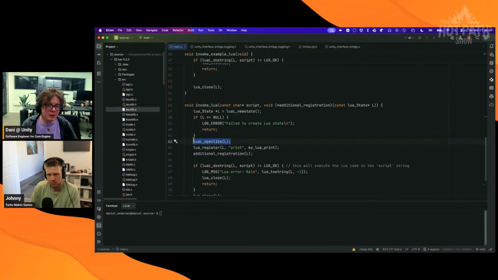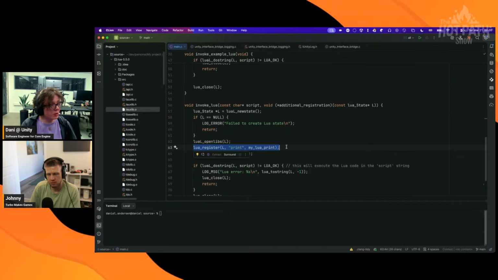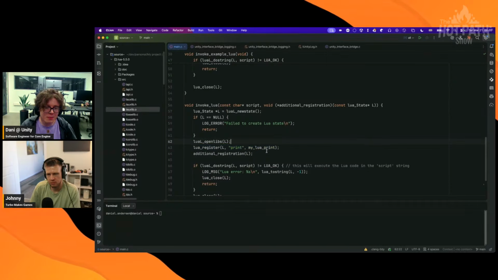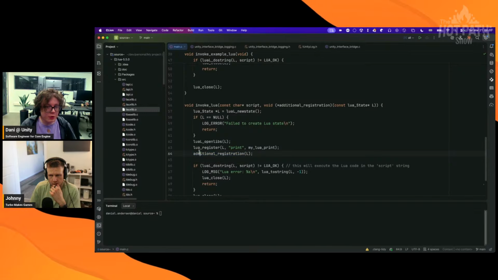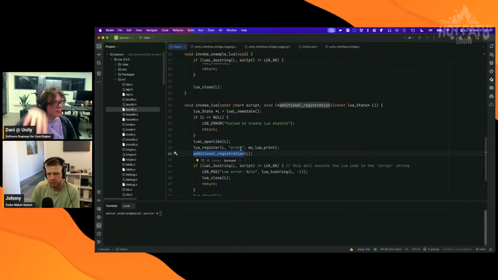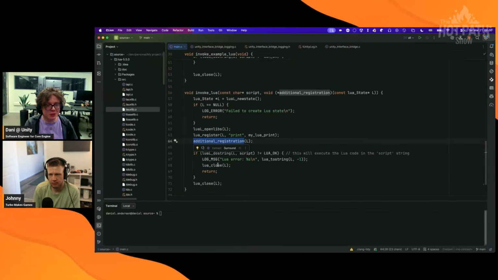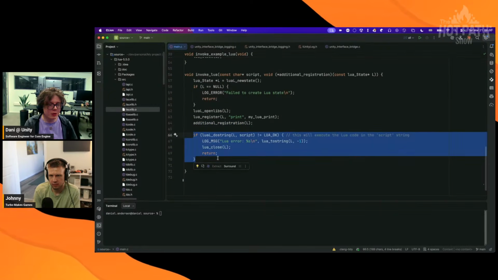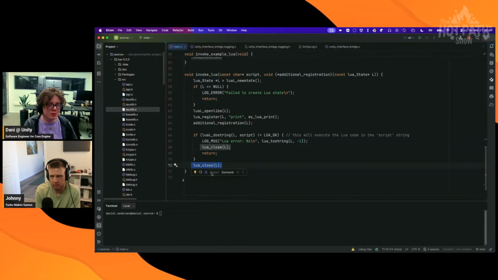Then we are adding the Lua libraries, then registering a print function into Lua. And then from this piece of code here, we call back into C#. And then once the C# call finishes, it will continue down here and then into this, close down